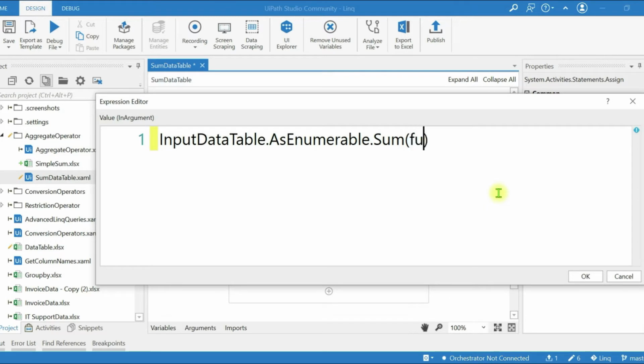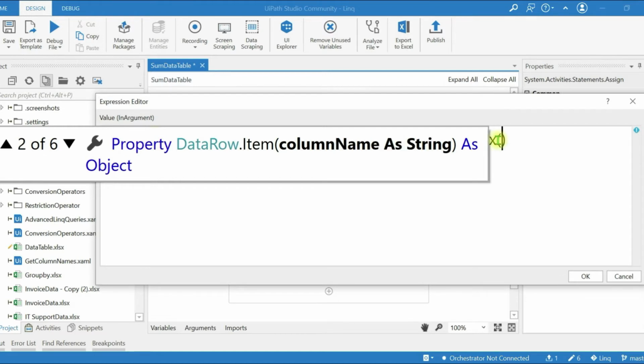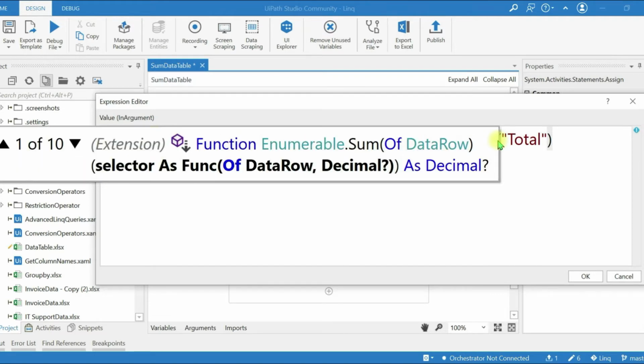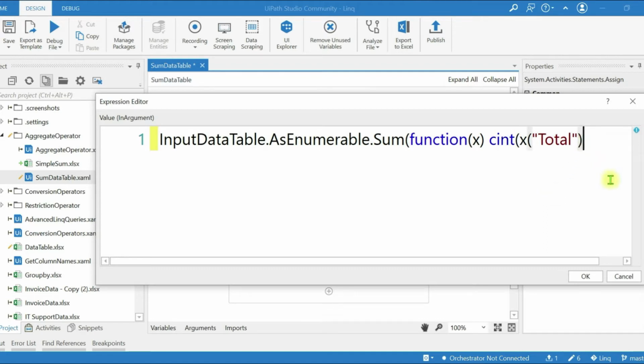Now the first parameter is a collection, so I am going to write a lambda expression. It contains our collection of data, and then the column name. You can see IntelliSense is popping up. We are passing the column name. Column name is total. Okay, I want the output as integer, so we will convert this column to integer.